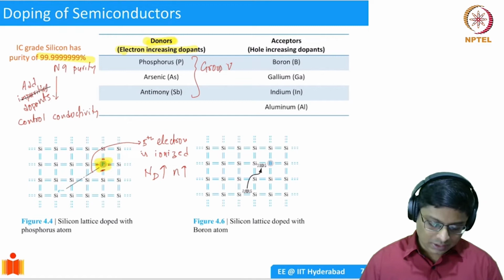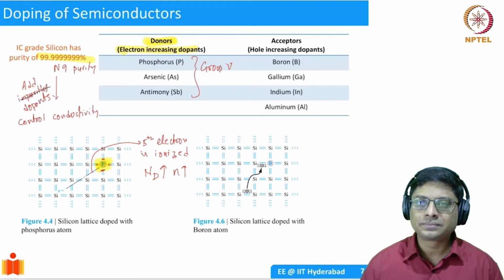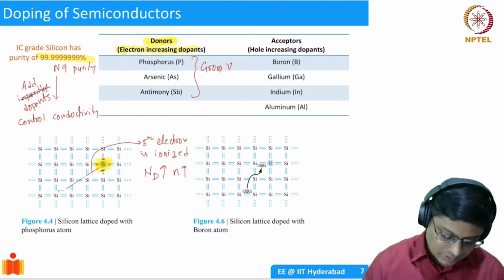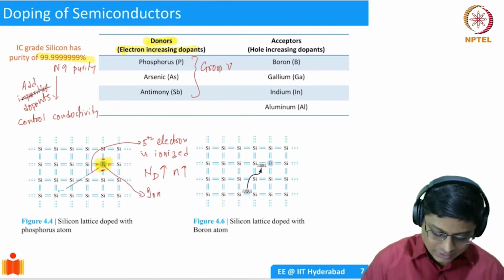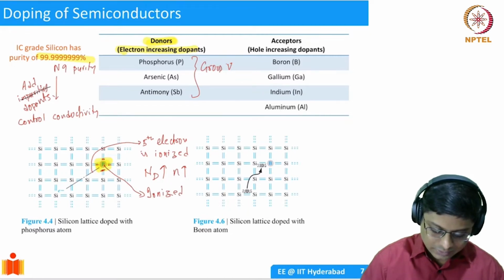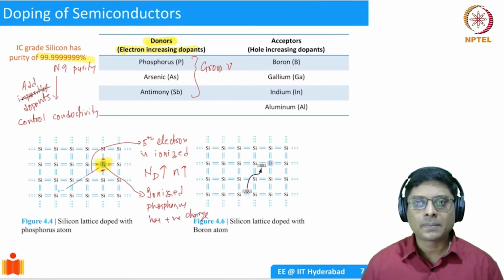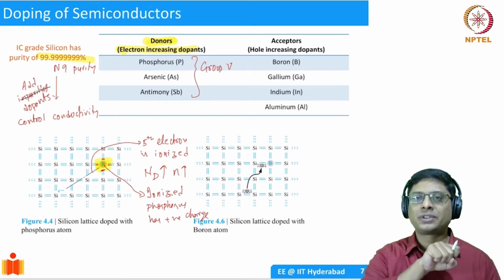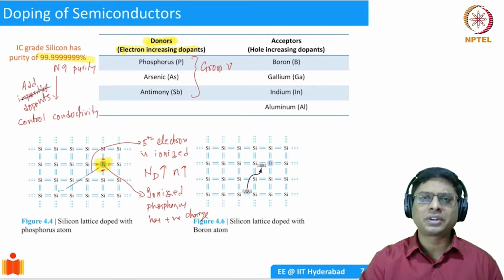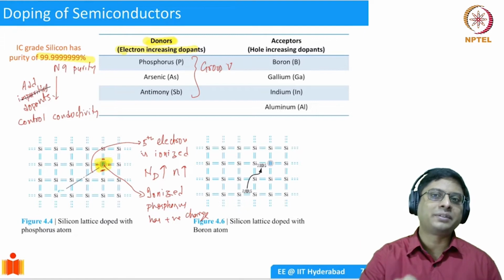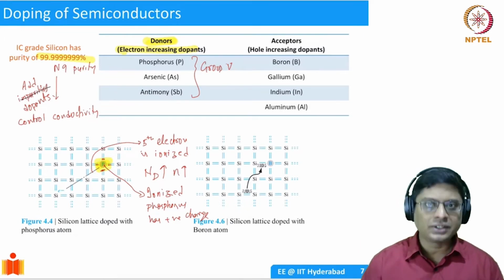Okay. What happens to the phosphorus atom? The phosphorus atom is now having charge, right? Because ionized phosphorus has now positive charge. Okay. Because we have taken an electron away from the phosphorus. Initially, the silicon lattice was electrically neutral, and even the phosphorus atom was electrically neutral, right? Then from the phosphorus atom, we have taken out one electron. So that's why we are creating a